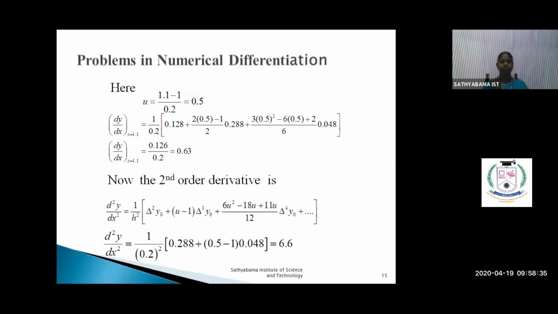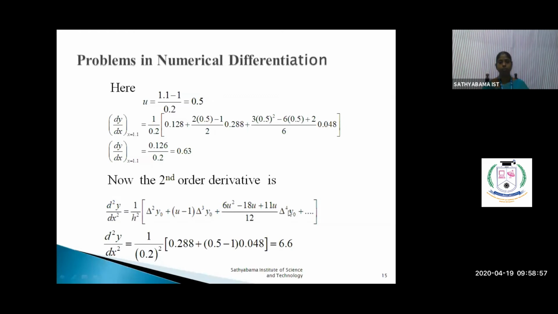Okay. Now we want to find the second derivative also. We found already what is u, the same. Now the second order derivative formula using forward differences is d square y by dx square equals 1 by h square, delta square y0 plus u minus 1 delta cube y0 plus